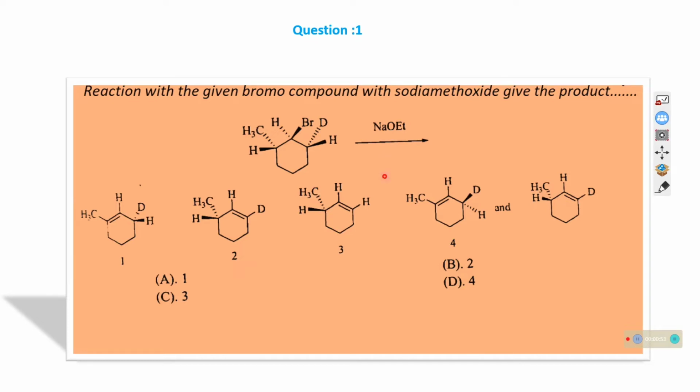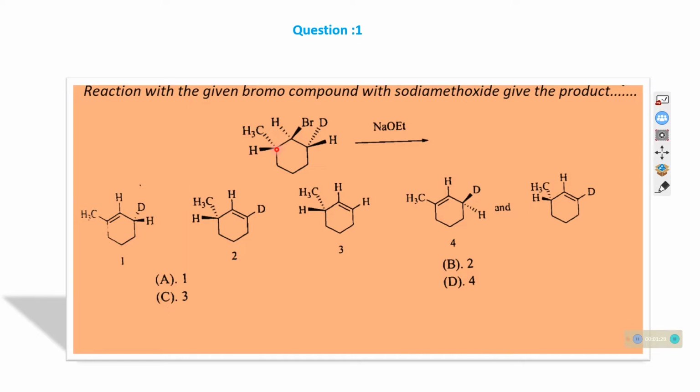When we see in a given compound, if there is any leaving group like bromine, a halogen, or OTs, OMs, etc., and if there are any beta hydrogens, meaning this is the alpha carbon containing the bromine atom or any leaving group like OTs, OMs, and the adjacent carbon contains any hydrogen, that is called beta hydrogen,